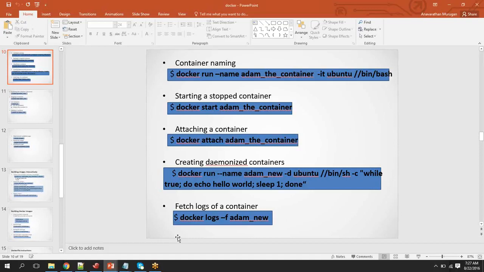Because what will happen if you by mistake go the interactive way and say exit, the container will stop and you cannot access whatever is running inside it, right? So if you want something to be running inside the container and you want to access it, then you run it simply as a daemon container. Okay,